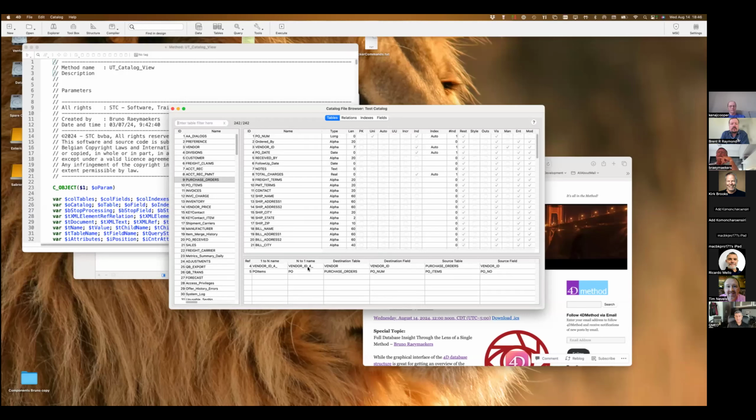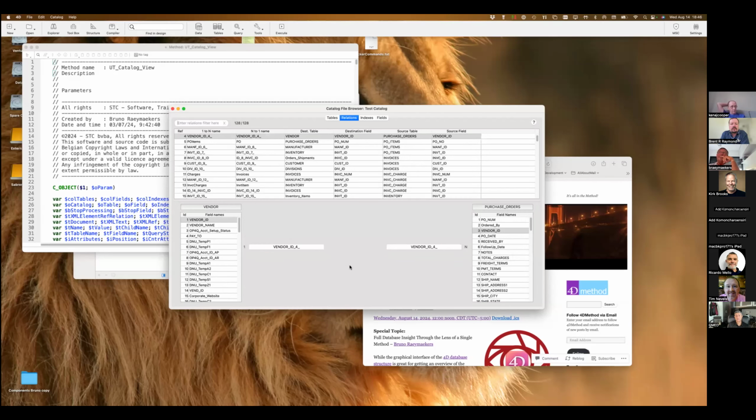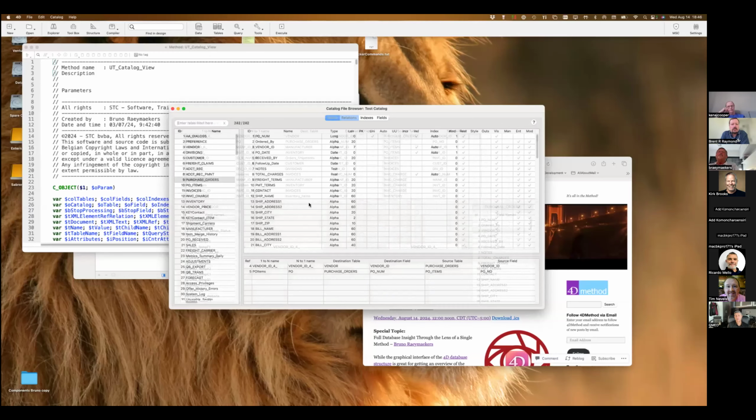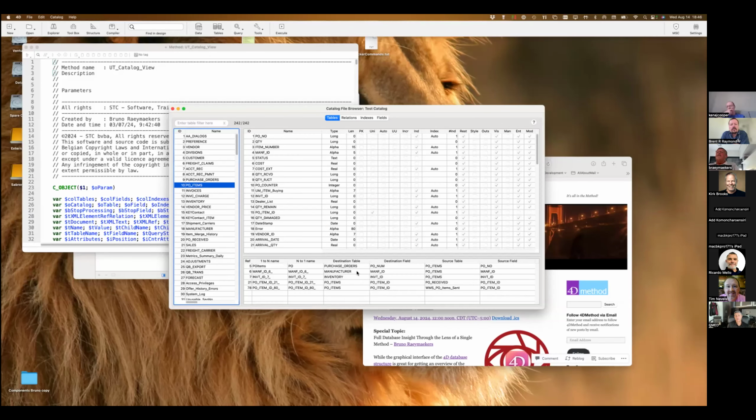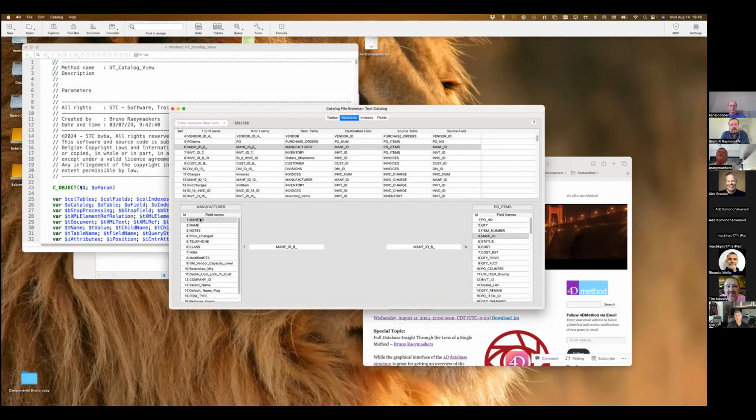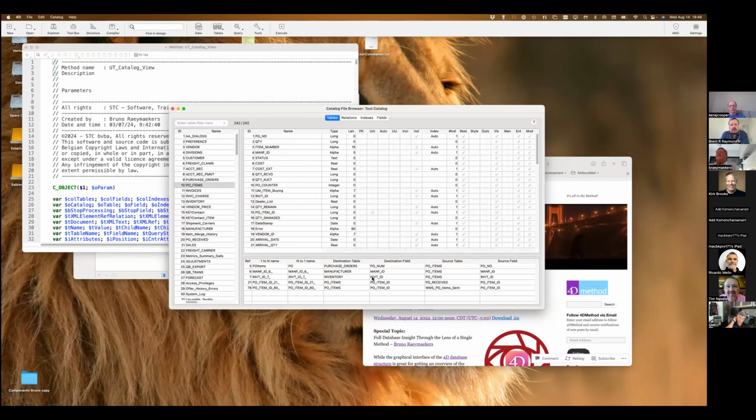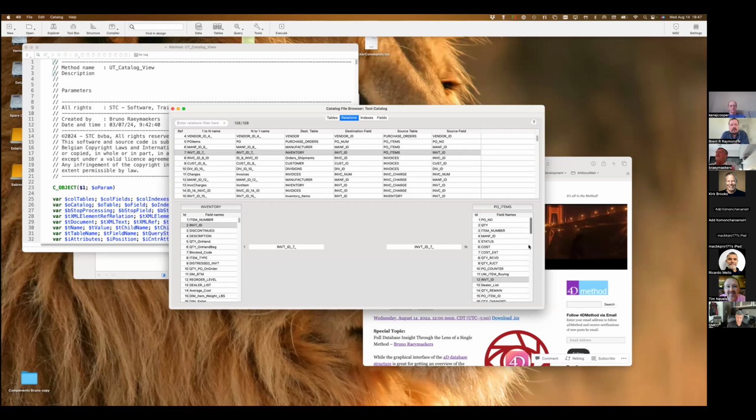Now you end up with another table that in itself has maybe other relations. So in this case, we have a relation to a vendor table. If you click on that one, then you see that full relation in its detail. Going back to purchase orders or maybe to items, there is other things here. You can obviously relate to a manufacturer if you want to, or to the product itself. You can walk through all your relations throughout the whole database, and whatever is related, you have access to it.